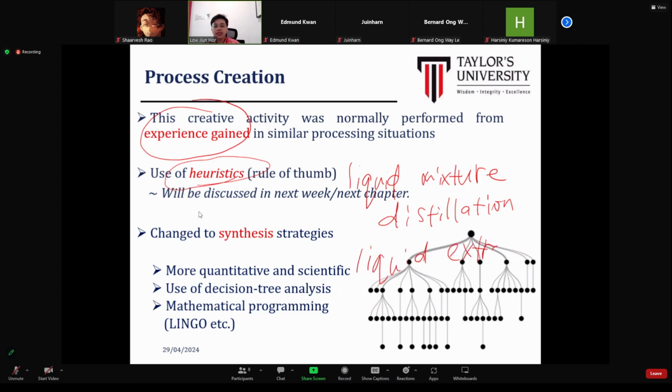All these processes can be used to separate the liquid mixture, but you totally have no idea which method I need to apply, which one is more economic. If in that case you have a problem, you don't know which selection or decision you are going to make, then you can refer to the